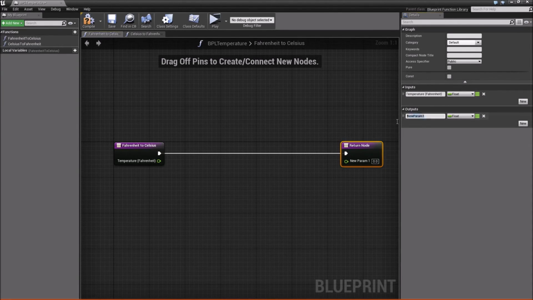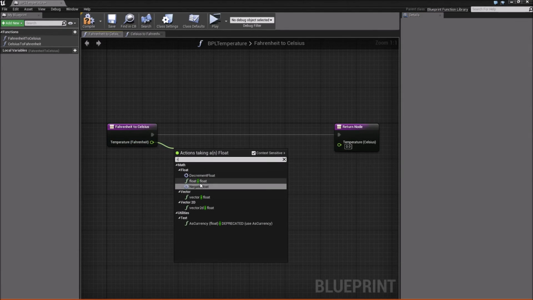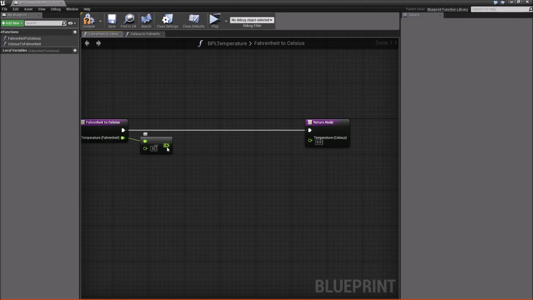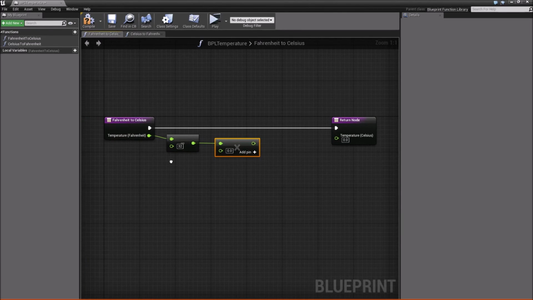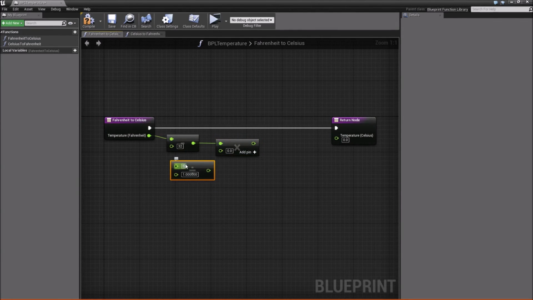I hope so. And then this one will be temperature and Celsius. Okay. So now for here, what we'll do is we'll do a float minus float. We'll subtract 32. Then we're going to multiply it by a division. So we'll do float divided by float. 5 divided by,